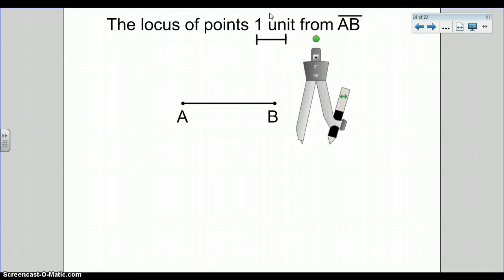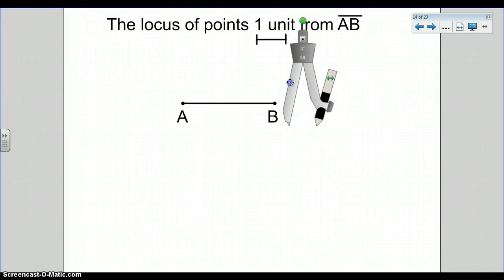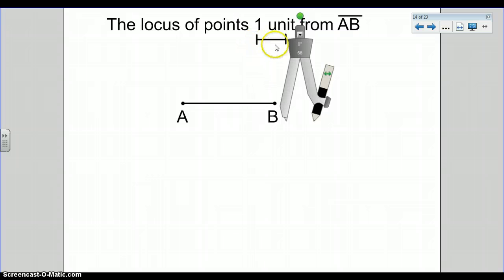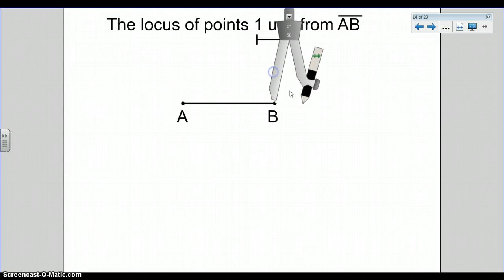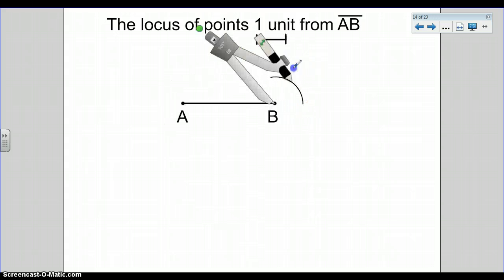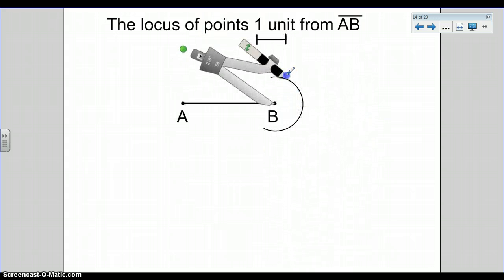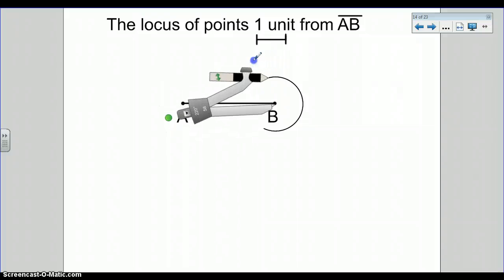Let's say it says the locus of points 1 unit from AB. Normally they're going to give it to you on a coordinate plane, but you may see something where they tell you this is representing 1 unit. So I've set my compass so that it matches up to this measurement. So 1 unit from AB means not only is it 1 unit from point B, which we know is the circle,